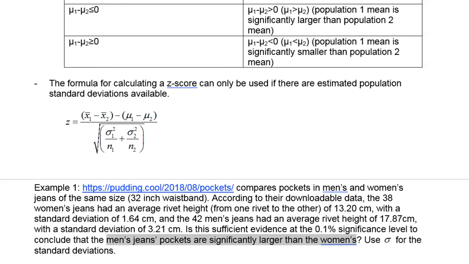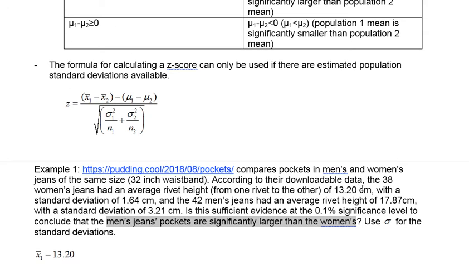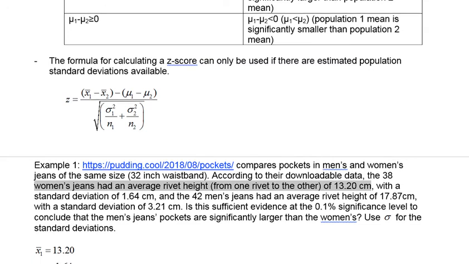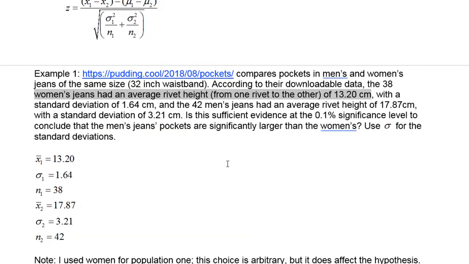Note that with these ones, we can kind of arbitrarily pick what we're calling population 1 and population 2, whether it's the men's or the women's. So I can say the men's pockets are significantly larger than the women's. That's the same as saying the women's are significantly smaller than the men's. So I chose my sample mean 1 as 13.20, which we can see is the women's jeans. So I'm taking the women's as my population 1. And likewise, I identified all of the different values that we have in